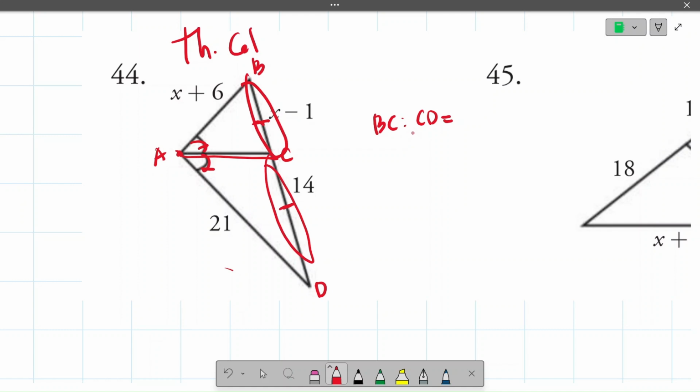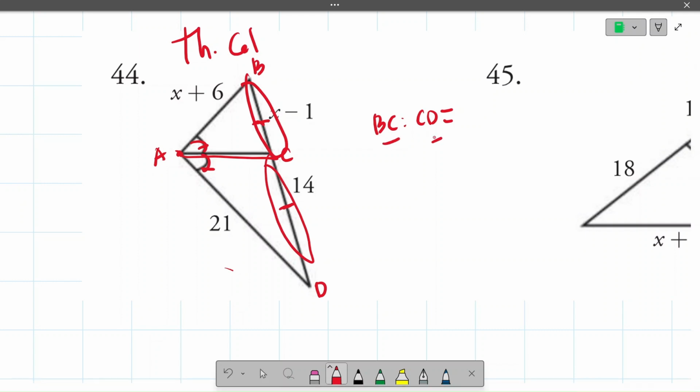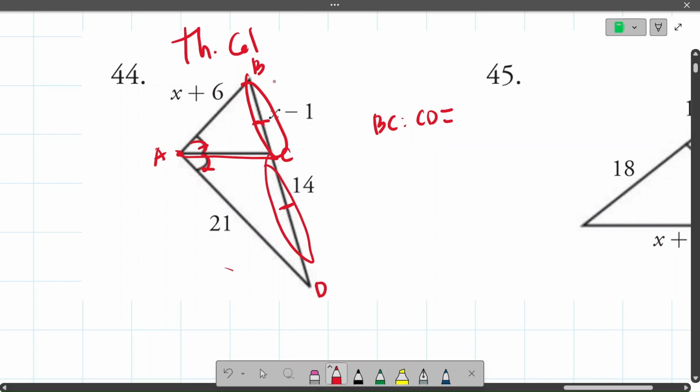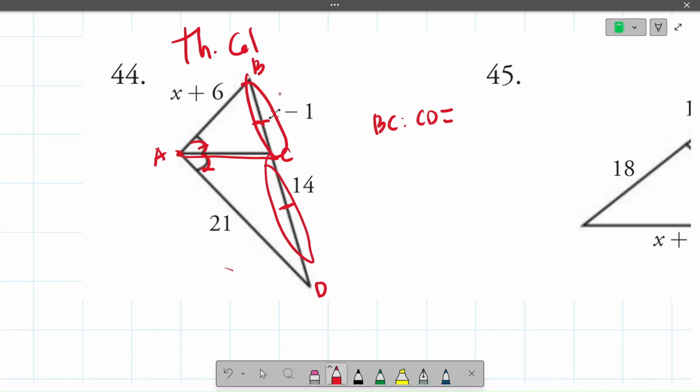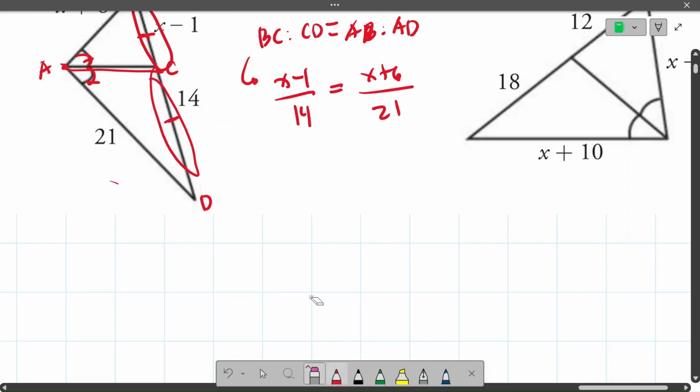Okay, how about here? Ayan. Itong dalawang ratio na to ay proportional sa dalawang remaining side kanina, no? Or to the segment AB is to AD. Ayan. So as you can see, our BC is, what is our BC? X minus 1. Ratio daw siya sa CD. Our CD is 14 equals, what is AB? That is X plus 6. AD naman is 21. So with the law of proportion, we have